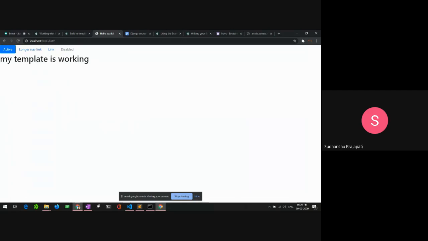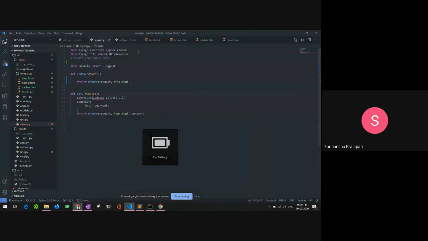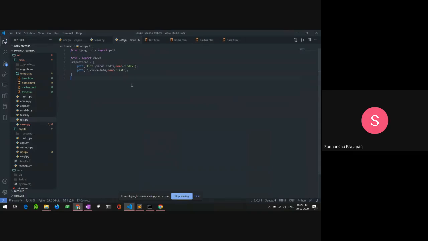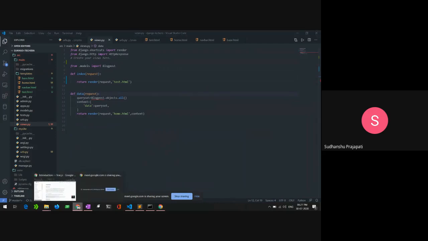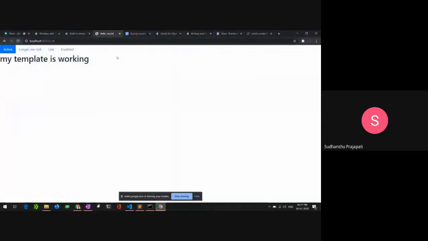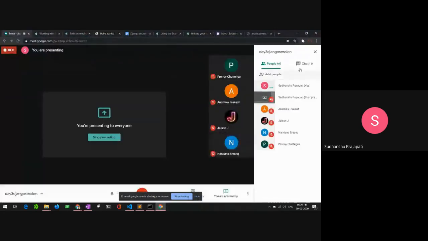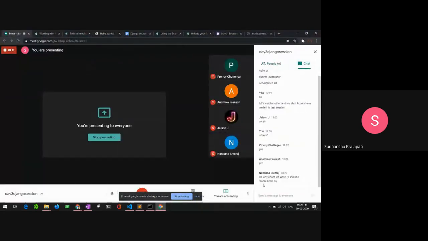And you have your navigation bar. It's pretty ugly, I can say, but you can create your own navigation bar. It's smooth and nice and easy. And here is the whole concept that you need to work with templates in Django. If you guys have any question from the last session, let me see.